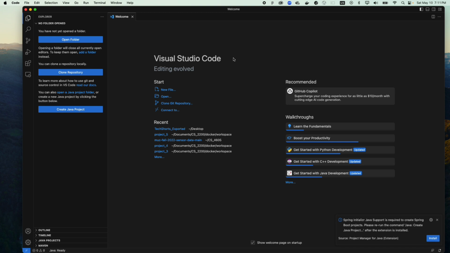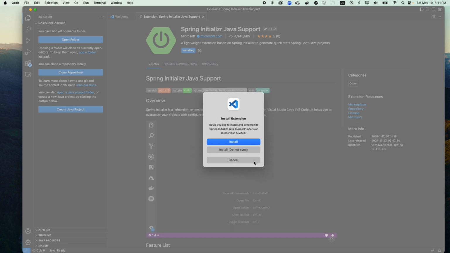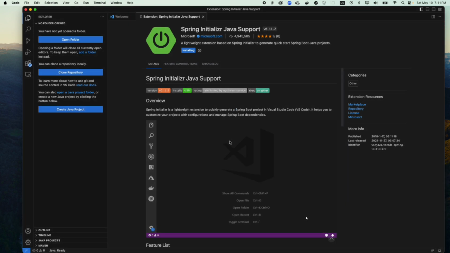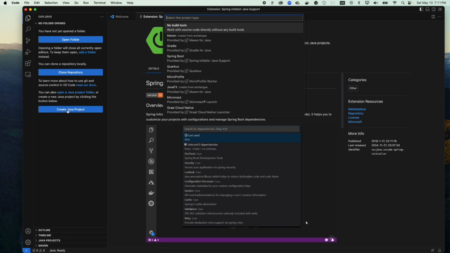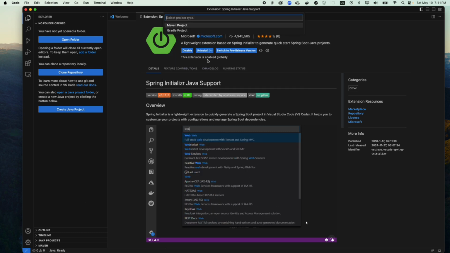Click on this. So at the bottom right, you will see that the extension called Spring Initializr Java Support is required to create a Spring Boot project. If you don't have this, then you need to install the extension. So once you have the extension installed, you want to create the Java project again and click on Spring Boot